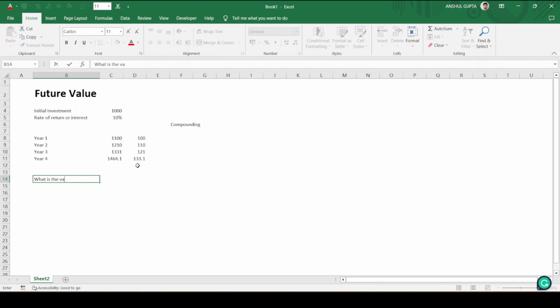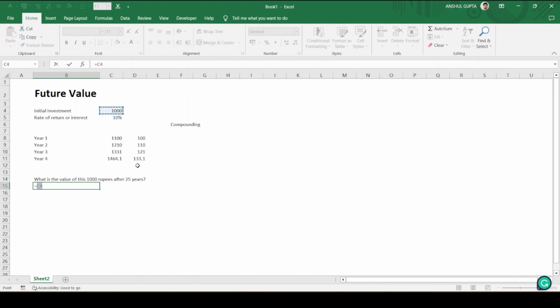What is the value of this 1000 rupees after 25 years? So we can calculate the value of this 1000 rupees after 25 years by using this formula, that is equals to,